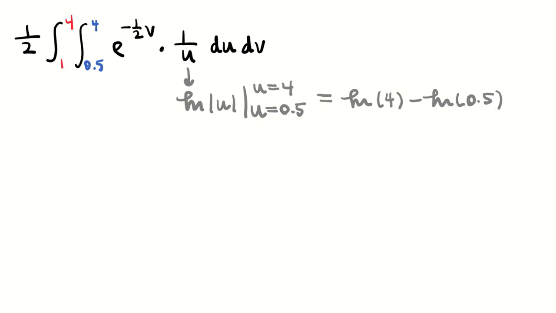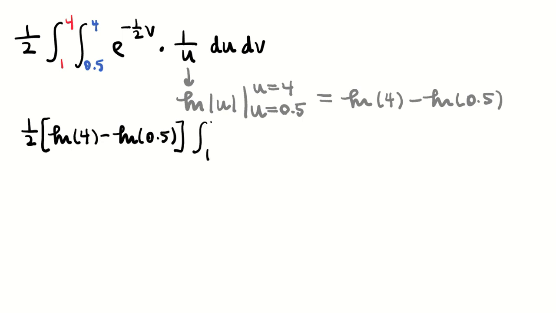I know that really I've got an e to the negative half of v attached to all of this stuff, but that's going to have to stay inside the integral. Then I'm going to factor out log of 4 minus log of 0.5. That's just a constant, so I'm going to factor that out into the front of the integral. So I've got half of log of 4 minus the log of 0.5